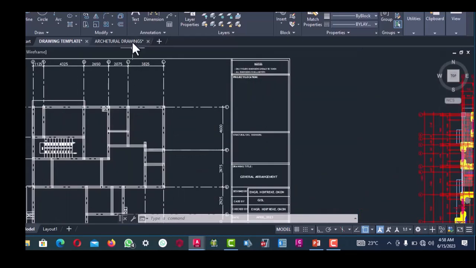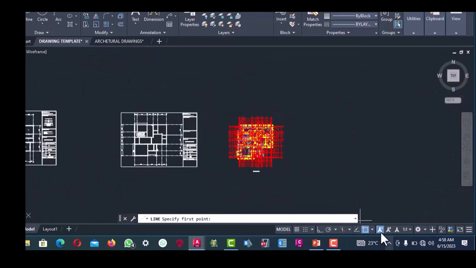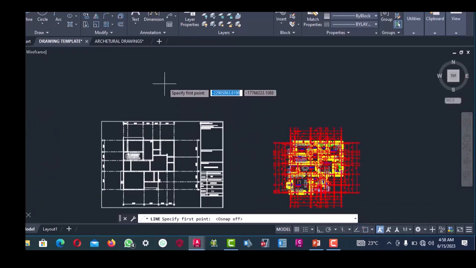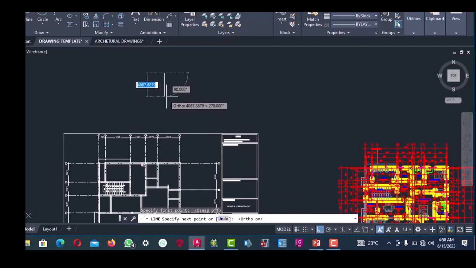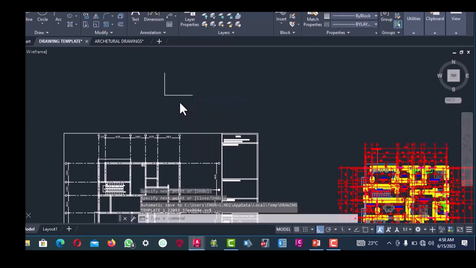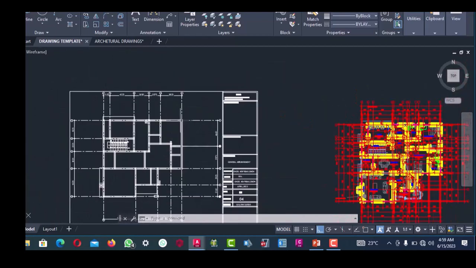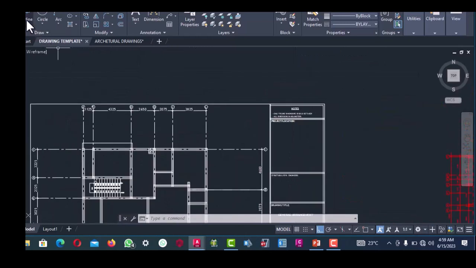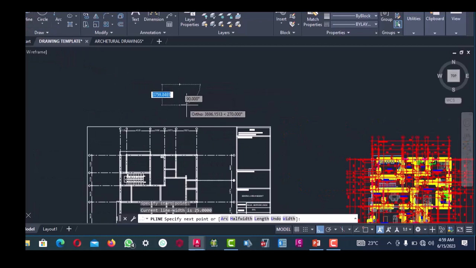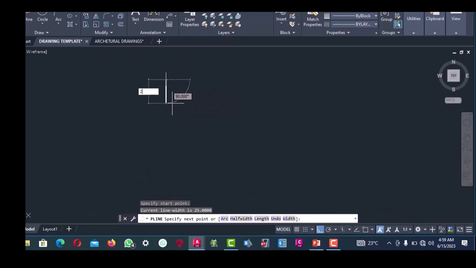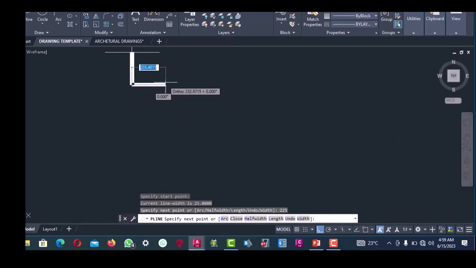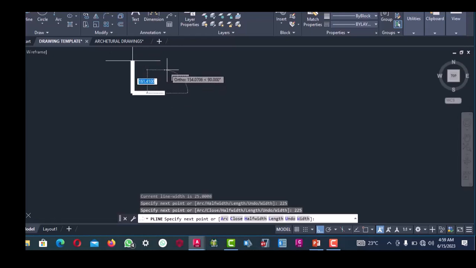So for you to create your column, you click on line. Okay, let us use polyline to create our column, so that when we export this to total structure, those lines will come out. So you go to your polyline, you click on polyline, you click and you type 225, click OK, take it to the right, type 225, click OK, take it up, 225, click OK, take it back,